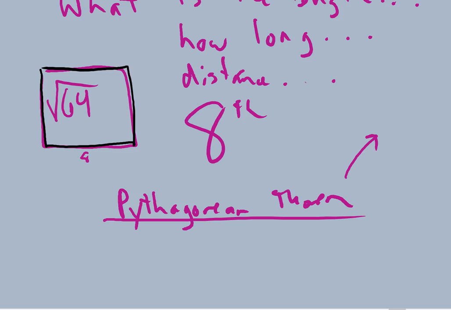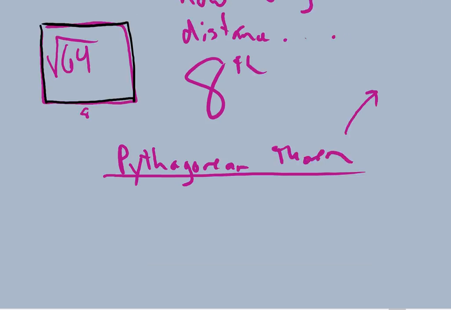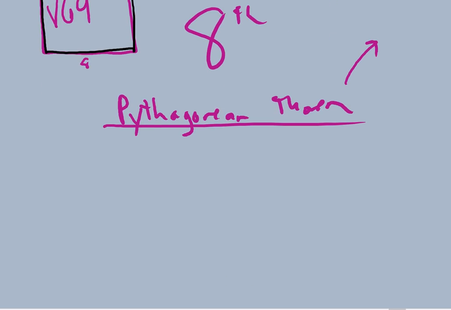This square, we know by definition, is going to have 4 angles, and it's going to have 4 sides, and all of the angles are going to be the same measure. More importantly, all the sides are going to be the same length. A theorem is something that we know to be true. So the Pythagorean theorem says for any right triangle,